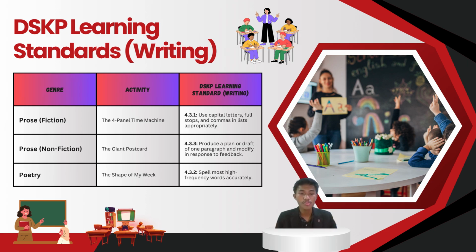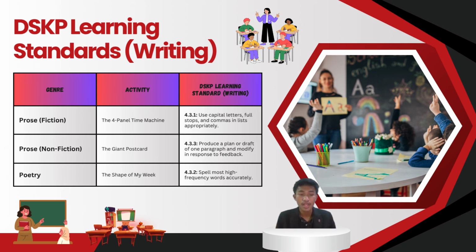The first one is prose fiction, and the activity I have created is the 4-panel time machine, and the DSKP that aligns with it is 4.3.1, use capital letters, full stops, and commas